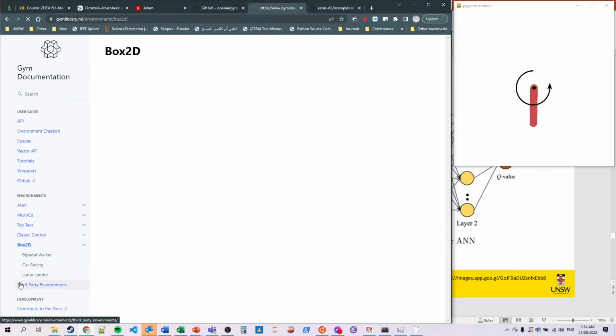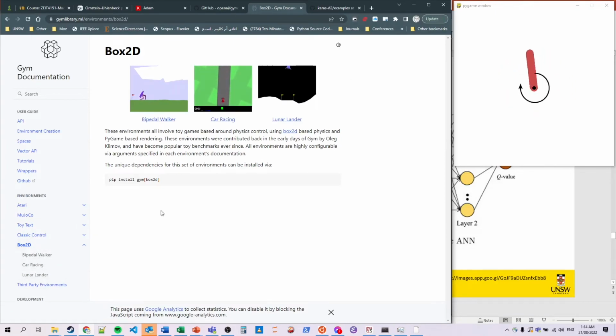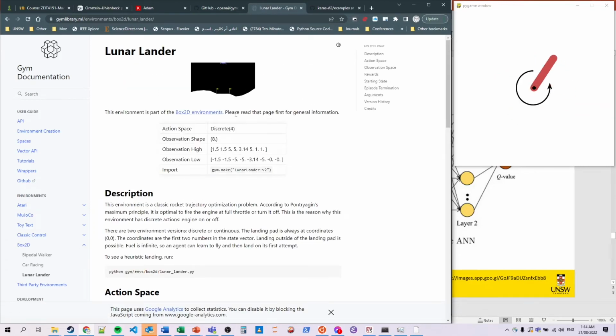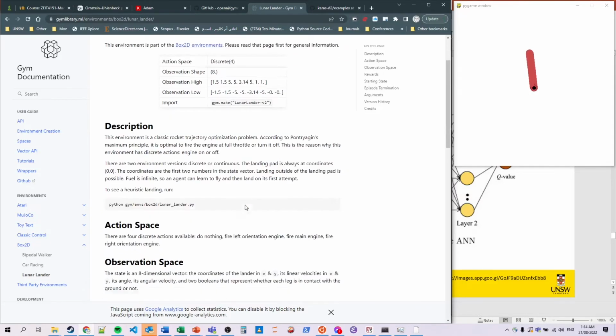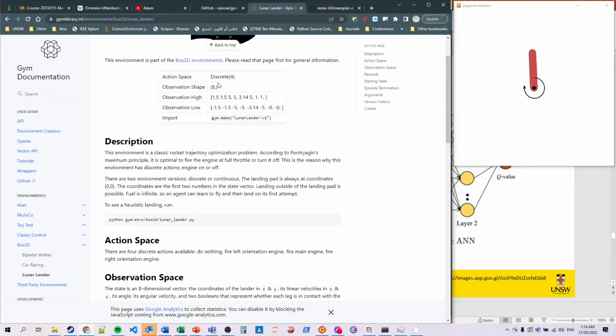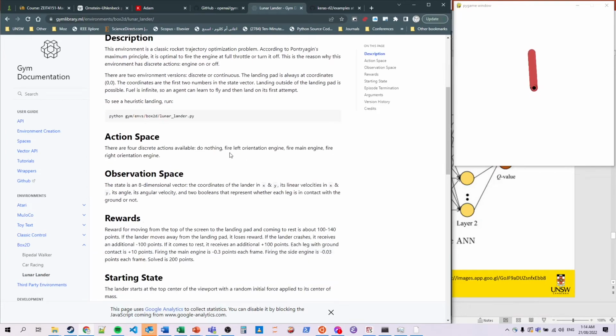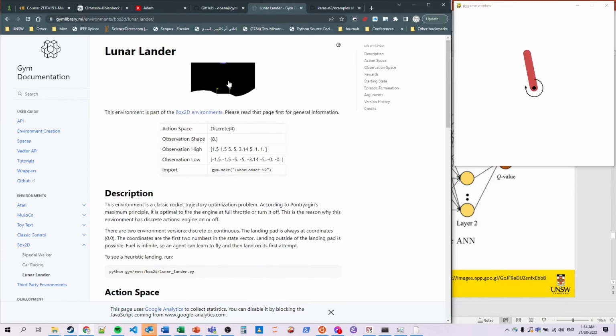Another one I really like is the Box2D environments. It has the lunar lander. This is a nice environment. Mainly you are trying to land this spacecraft on this launch pad. It has two versions. One of them is a discrete action space, which is this one. It has either do nothing, fire left, fire main engine, or fire right orientation engine. So basically, you're either slowing down by firing the main engine, or you fire on the left or right to steer